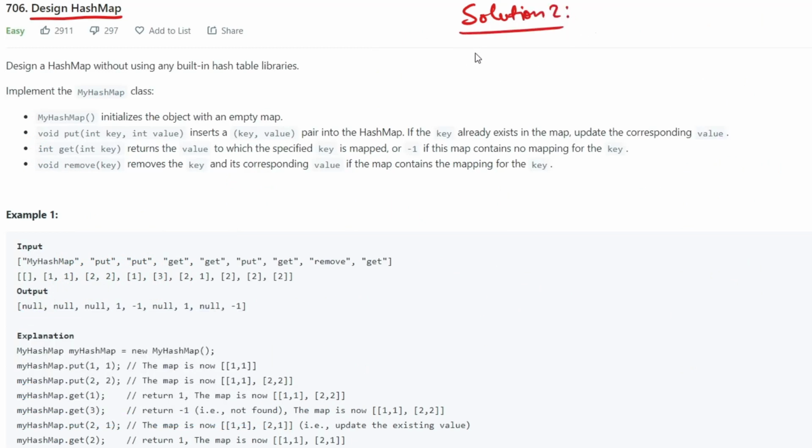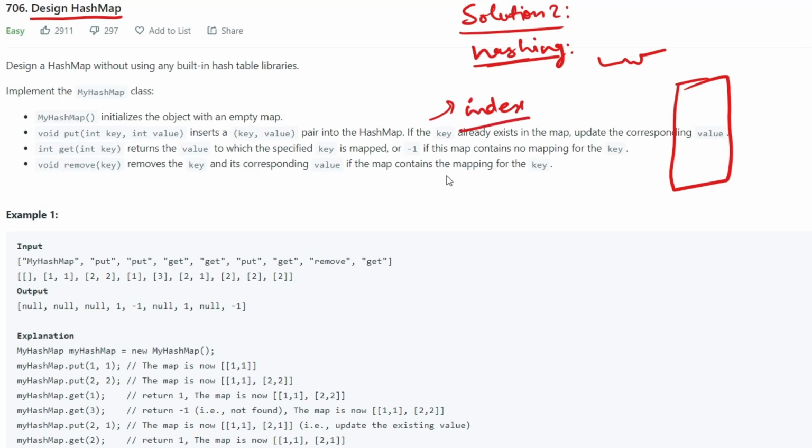Using hashing. So what is hashing? Hashing is a simple process in which we generate some keys which lie in the range of our hash map. For example, right now we have an integer, which we used in our earlier solution as indices. But let's say our key is a string, then how can we use this string as our index in our hash map? So we have to write some hash function to create these keys.